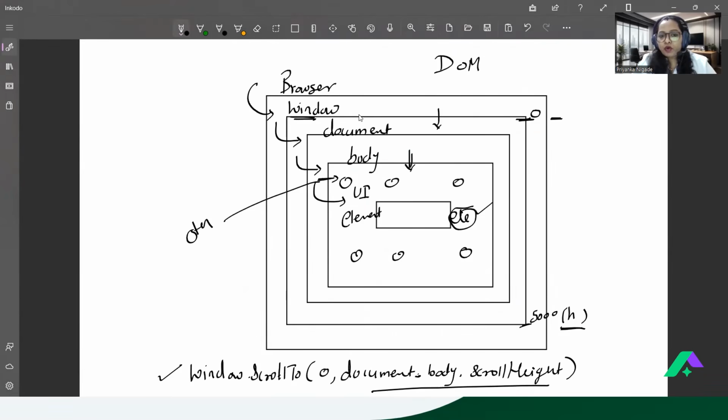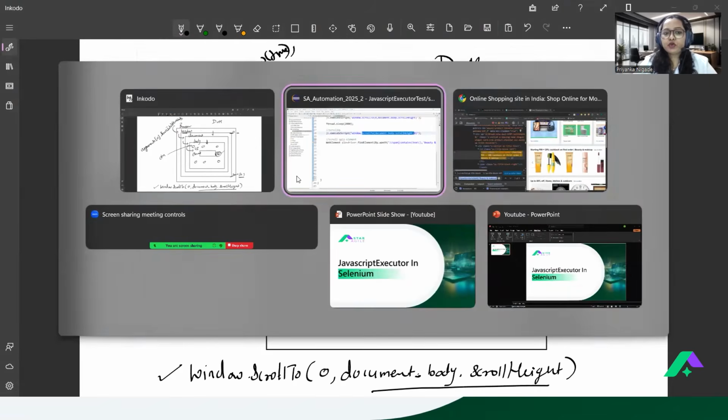Agree? So we wanted to scroll up to this element, but to search this element, I would like to start from the zeroth argument. So in JavaScript, we have another method to follow. We need to write in this manner: arguments starts with arguments[0].scrollIntoView, and then you need to write here true. And then you need to pass your element, whatever element you are passing. Please have a look at the syntax, how exactly we are able to scroll.